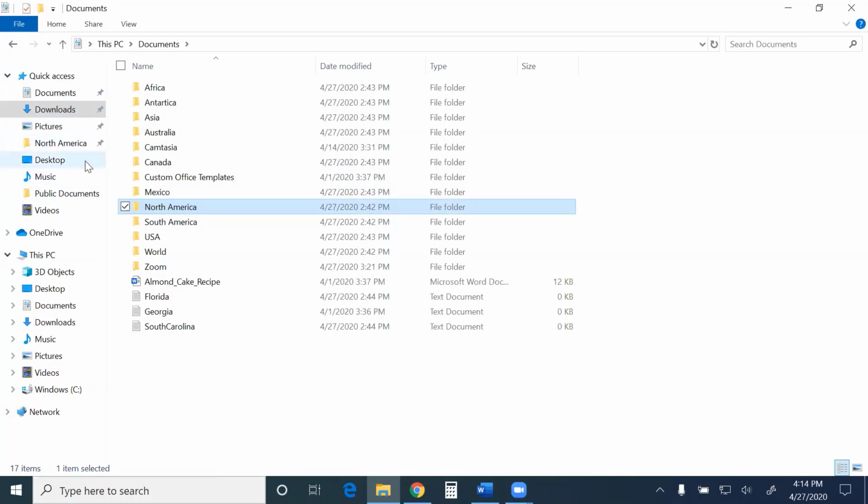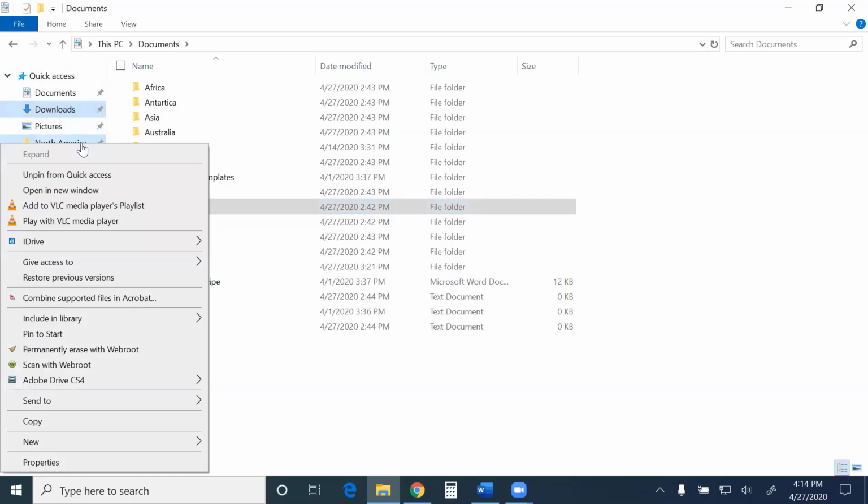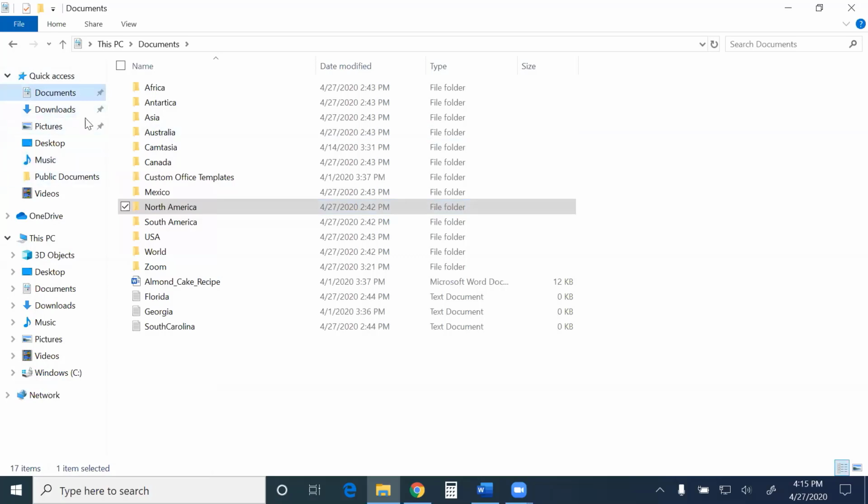And so Microsoft is kind of suggesting these may be places you want to go back to, whereas these that have a pin are ones that I have chosen that I may want to go back to. Now, if I decide, okay, I'm done with my project regarding North America, I don't need that to show up there anymore, I can right-click on that folder, say Unpin from Quick Access, and it's no longer showing up here.